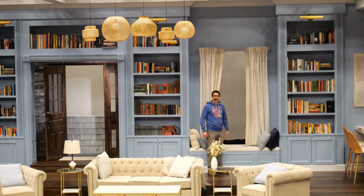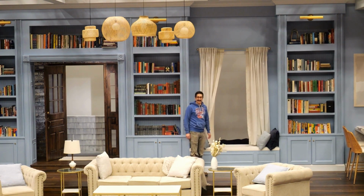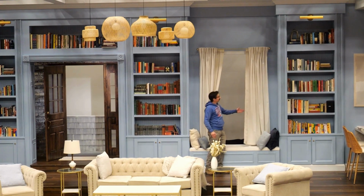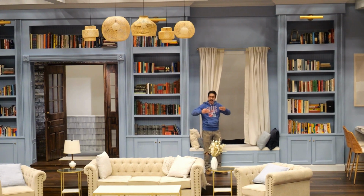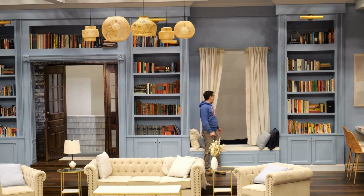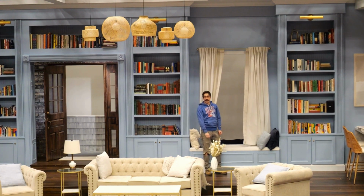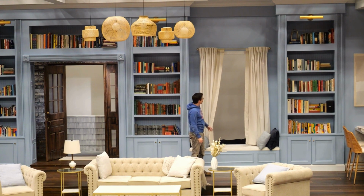Window opening. Sometimes the script calls for an actor jumping out of an airplane window, and you only have a living room window, so you have to get a little bit creative. This particular window is mounted directly behind the wall of these bookshelves. It's flush to the back with two mounted tracks to keep it in line with the window, and it's also just people-powered right open. We have mounted way in the back up top a fan to give these curtains a